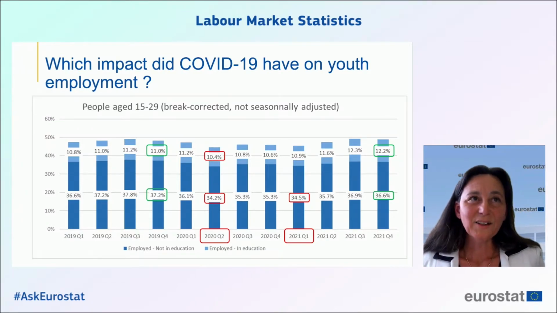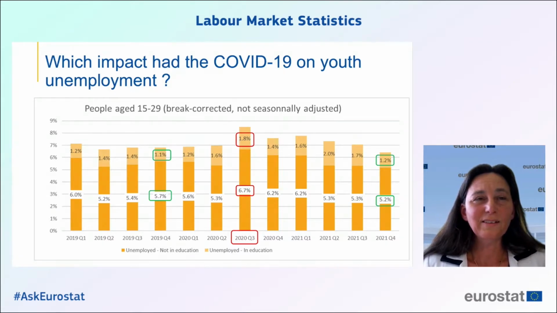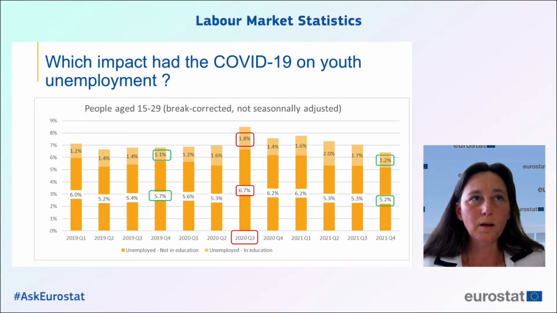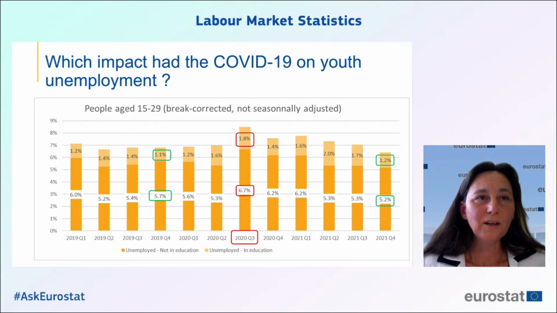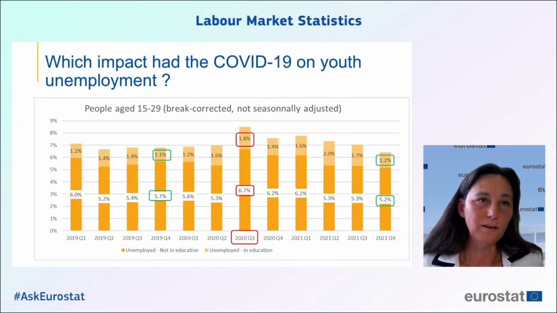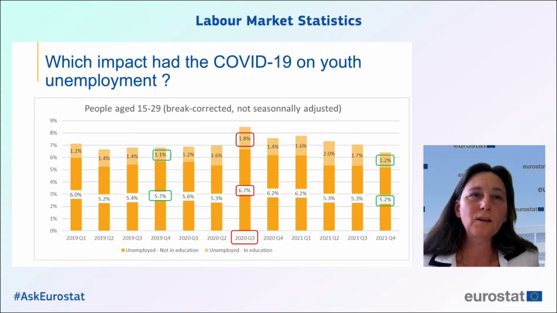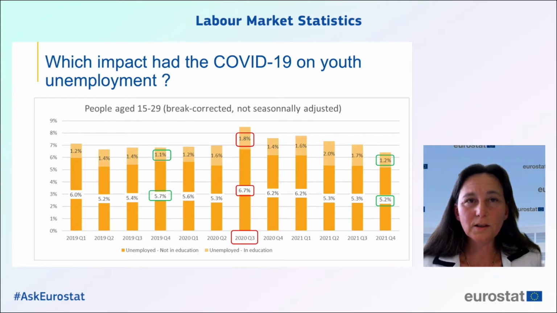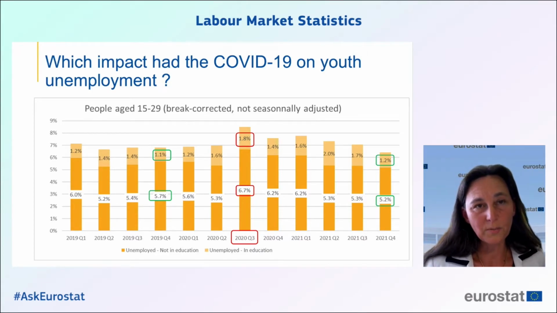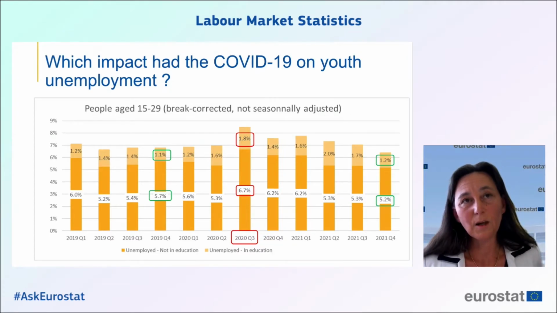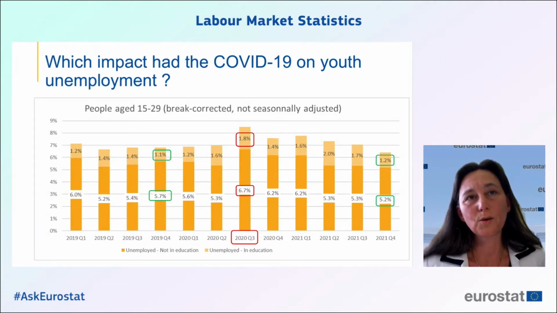So next slide. Now I present the next exercise, but for people who are unemployed. Here again, I divide the young population in two groups: the unemployed who are not in education and the unemployed who are in education. Here we can see that the most affected quarter is Q3. So for employment, it was Q2 2020, but now for unemployment, it's Q3. So one quarter later,